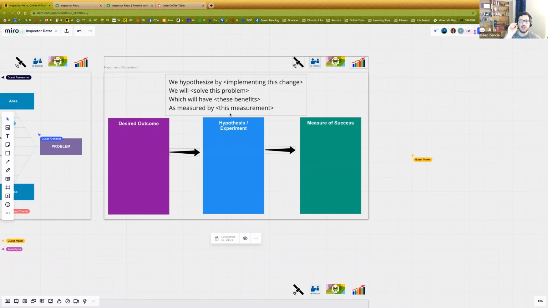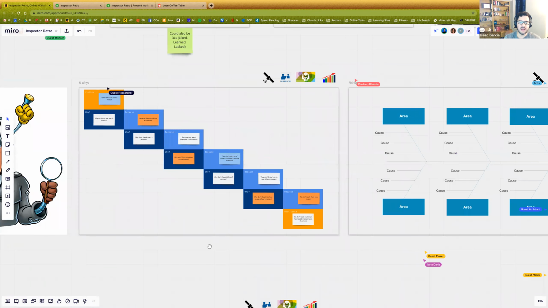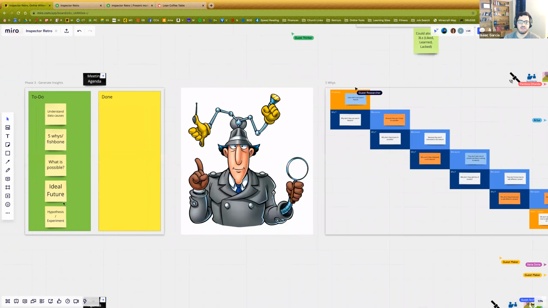In this section, you identified all the little things that caused that, and hopefully came up with 1 or 2 experiments you could try that you think would provide a better desired outcome. So that's what you want to get to here. You want to come to a good idea of what we could do to fix it. You want to talk about what's possible and your ideal future, and you want to say, let's leave this zone with some action items, something we can actually do, okay? Any questions at that phase?